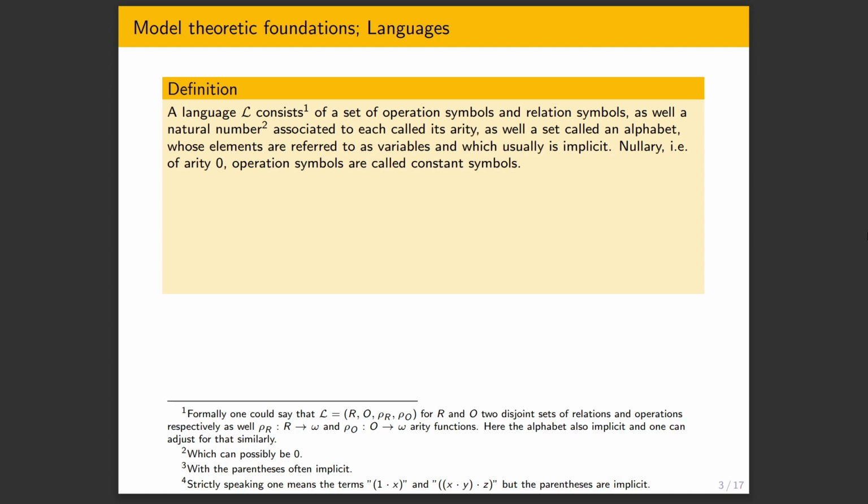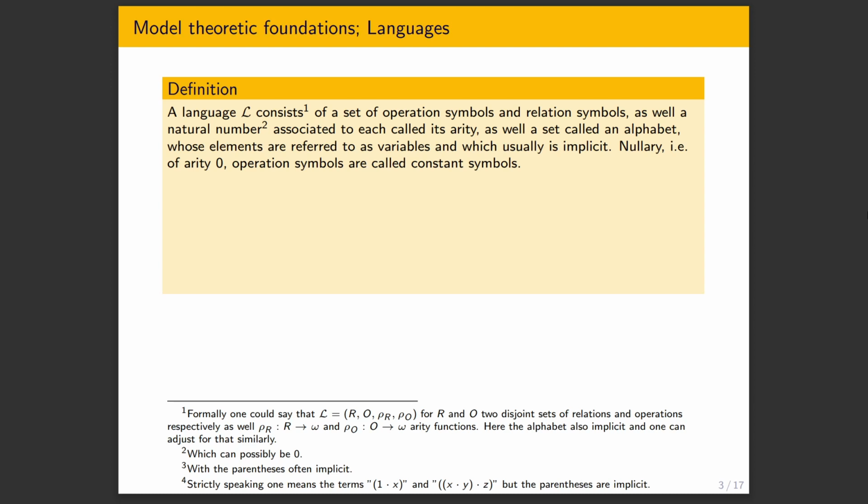So a language consists of symbols, specifically operation symbols and relation symbols. And sometimes you view constant symbols, which are in this view a kind of operation symbol, also separately. But here, in the way that I've typed things up and the conventions of the book I referenced, constant symbols are also operation symbols, namely operation symbols of arity 0, and the arity of a relation or operation symbol is just a natural number that is arbitrarily associated to it in a given language.